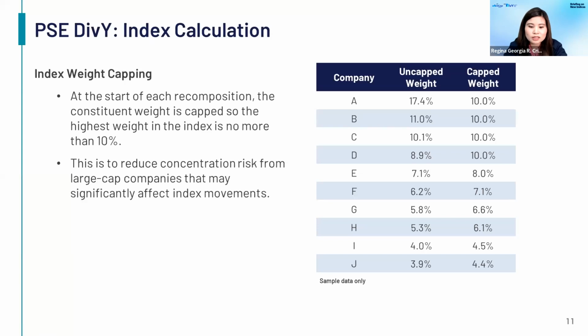We also note that in the market consultations we've done with market participants, some of them mentioned that their index funds, VULs, or insurance funds have allocation limits per security. So this capping would also help fund managers meet their allocation restrictions.